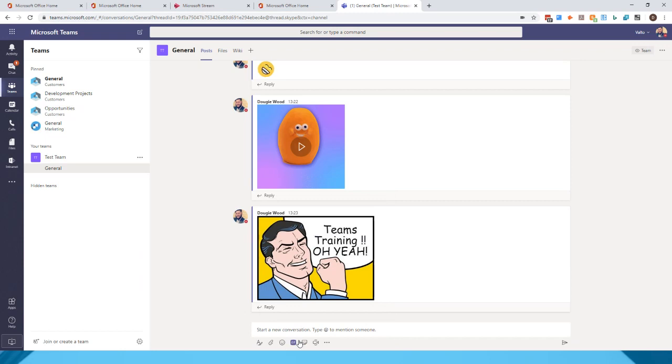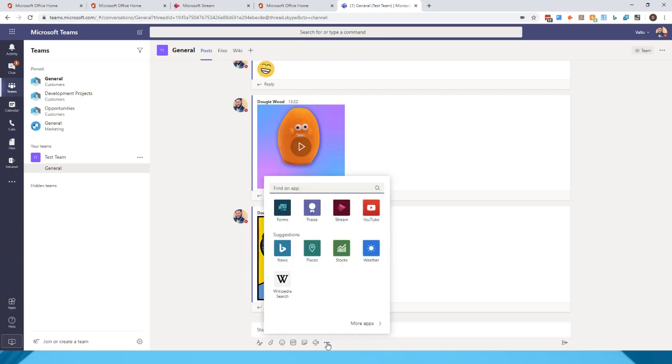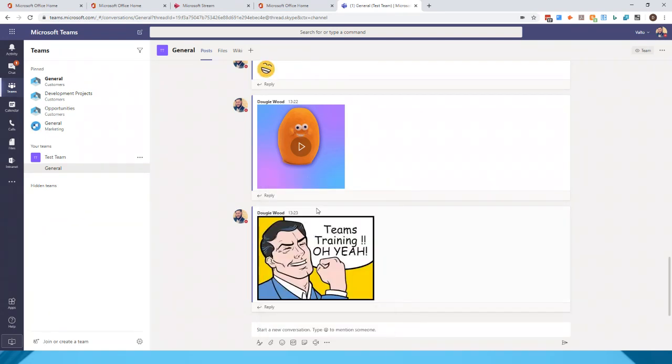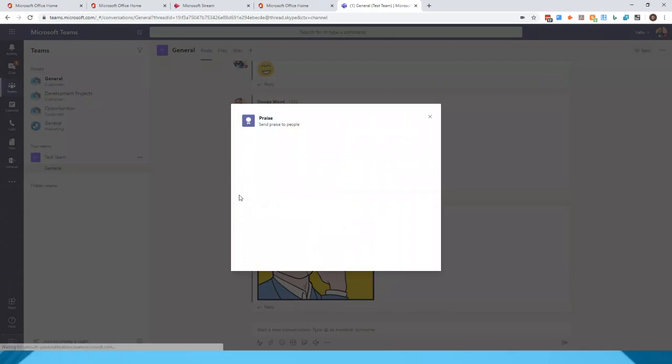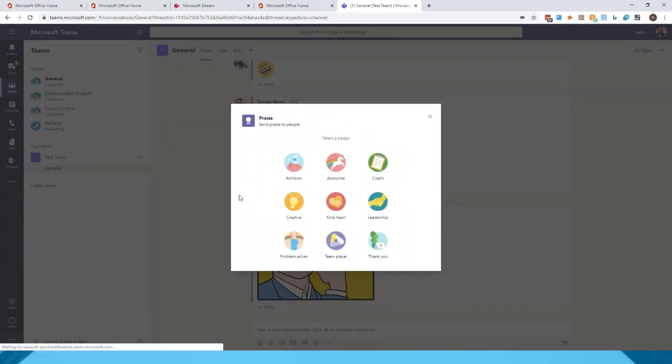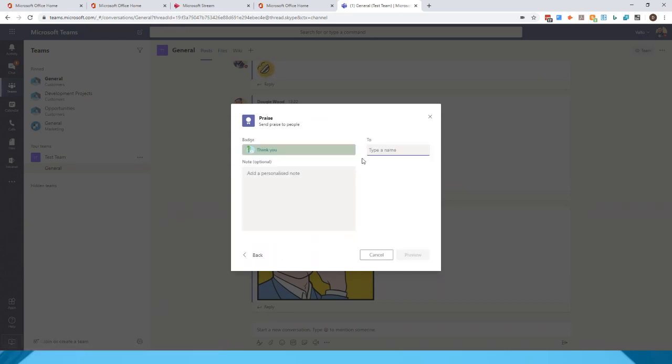So those are the default apps that you get with Teams across the bottom, but there are additional things that we can add in as well. When we click on this more options here, you'll see there's a couple of different things that we can use. A common one is the praise button. Praise is a nice way of showing recognition to an employee or a member of the team in a public way. So I could say I'm going to use the thank you. Essentially it's like an e-card. It will show up as an e-card for that particular user. So I'm going to post this